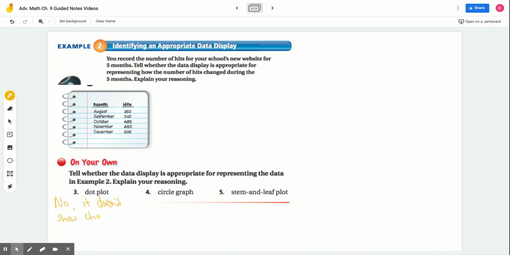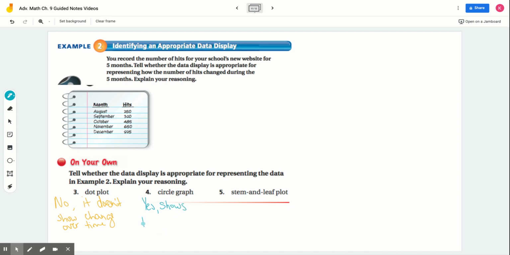Now, the next one is a circle graph. Take a minute and think about the circle graph. With that circle graph, we can label the sections by month. So we can label a section for August, a section for September, a section for October, and so on. So this could be used as a data display. And we could show these number of hits as a percent of the total number of hits for the 5 months. So we could say yes,